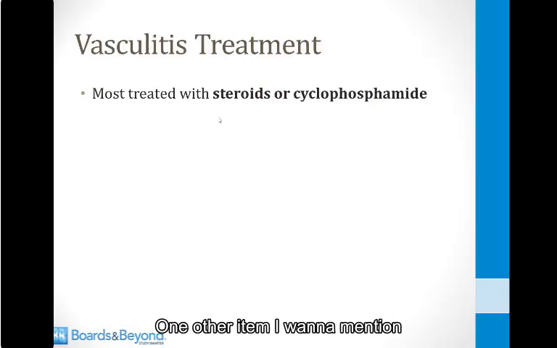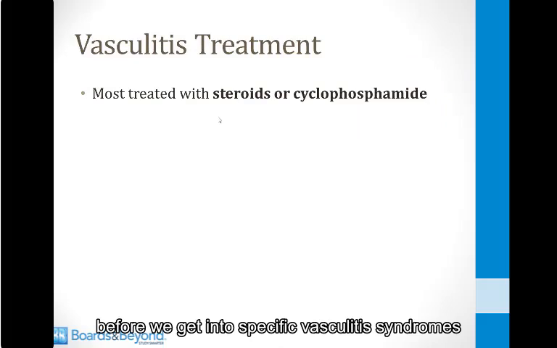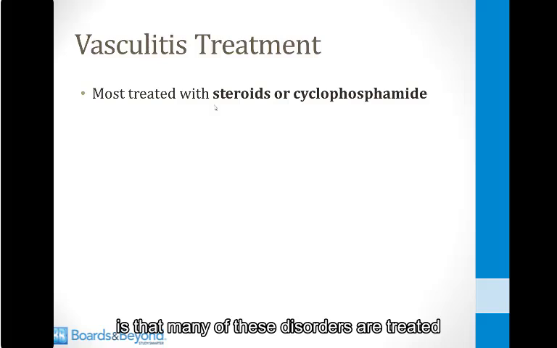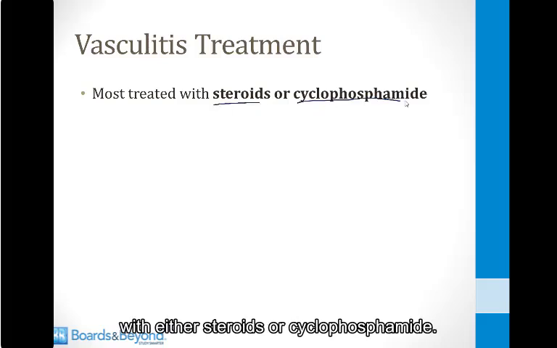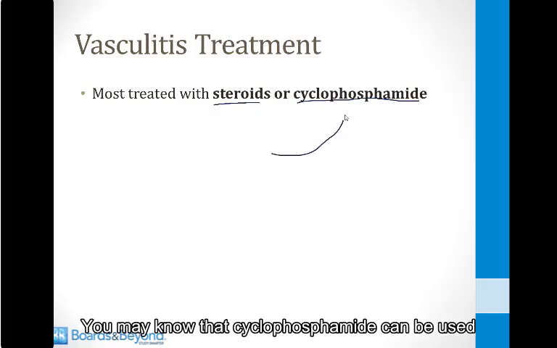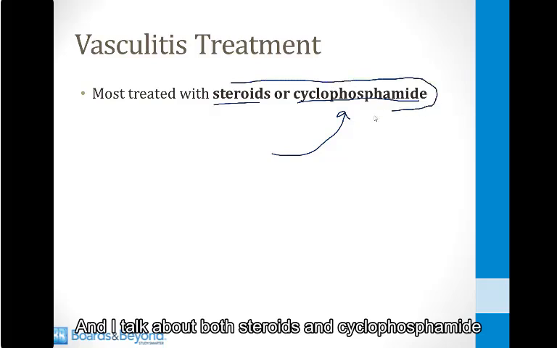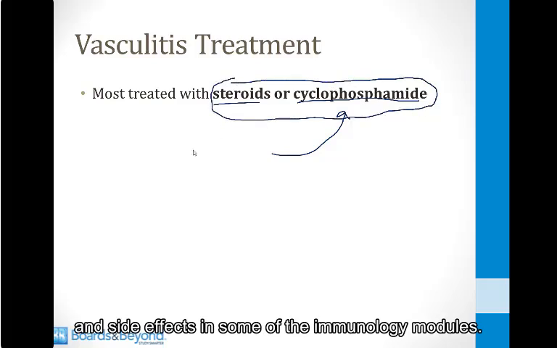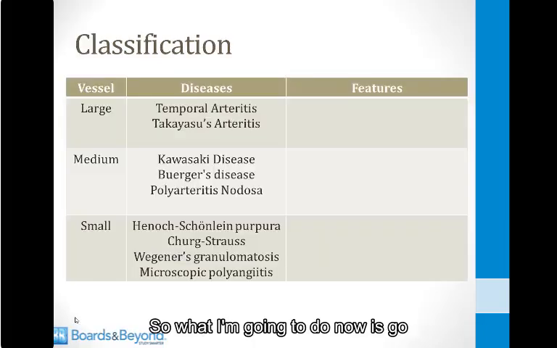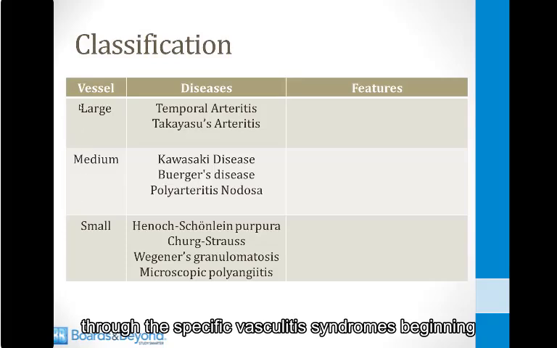One other item I want to mention before we get into specific vasculitis syndromes is that many of these disorders are treated with either steroids or cyclophosphamide. You may know that cyclophosphamide can be used as a chemotherapy agent for cancer, but it also comes in an oral form, and it's a powerful immunosuppressant used in many of these conditions. And I talk about both steroids and cyclophosphamide and their mechanism of action and side effects in some of the immunology modules. So what I'm going to do now is go through the specific vasculitis syndromes, beginning with the large